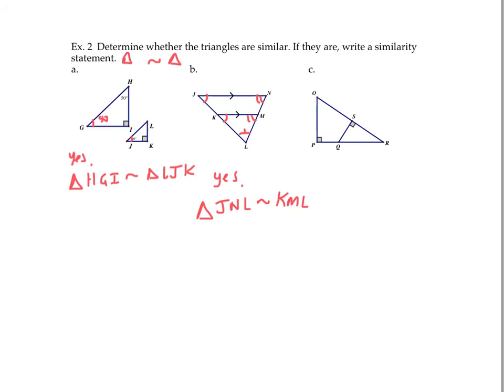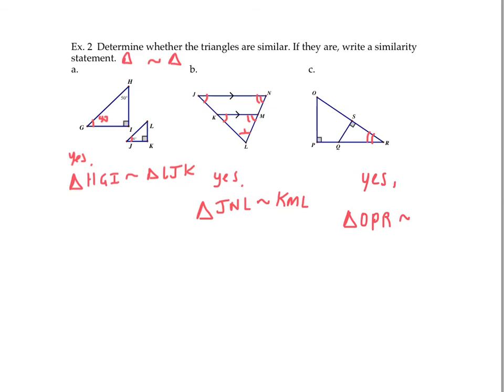Okay, in our third triangle set here in part C, we do see the right angles, so that's one pair of angles that are congruent, so we're halfway there. And then if you take a look at this little triangle SQR, it shares this angle R with a big triangle, so that's our second pair of angles that are congruent. So we can say for sure that these two triangles are similar, and we're going to say triangle OPR